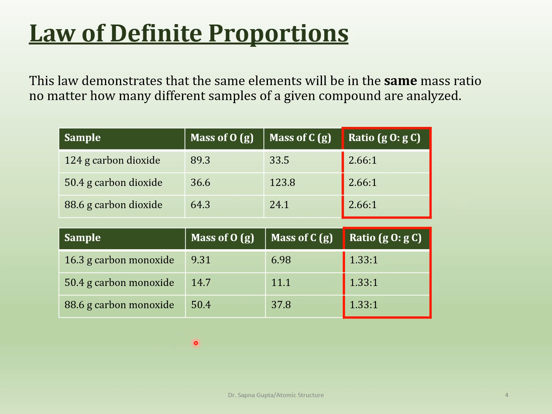Whereas in the case of carbon monoxide, which is CO, no matter where you take it and how much you take it, it will always be a ratio of 1:1. That is how much it will be, no matter where you take it from, whether it's from USA or Antarctica or India, or from thousands of years ago, it doesn't matter. The proportion will be the same, and that's called definite proportion, or the law of definite proportion.